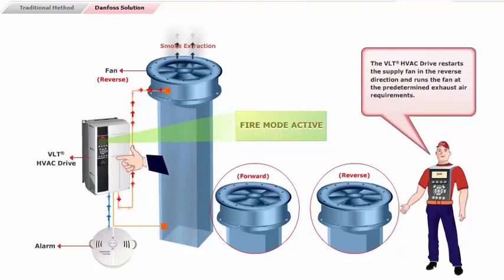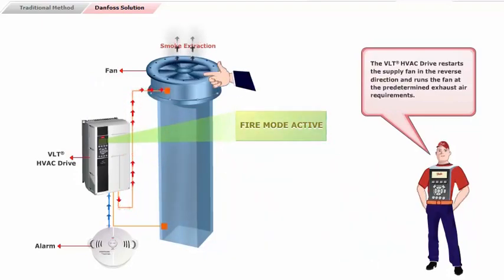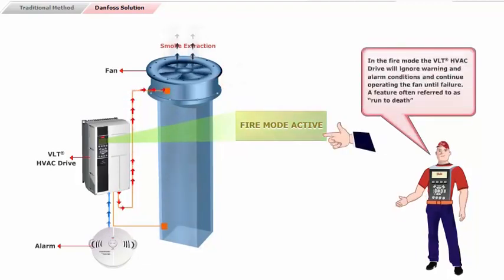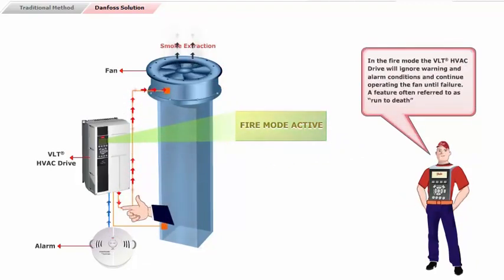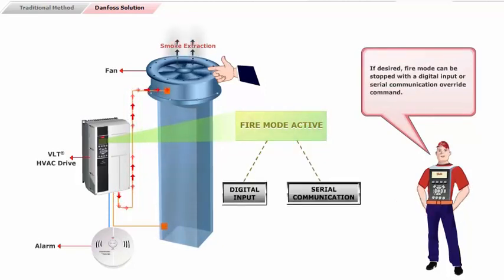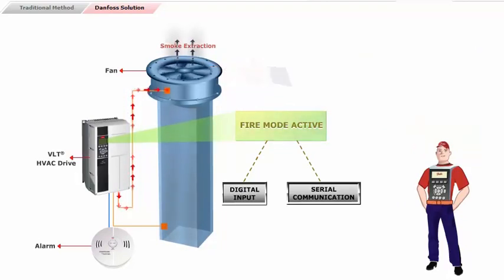The VLT HVAC drive restarts the supply fan in the reverse direction and runs the fan at the predetermined exhaust air requirements. In the fire mode, the VLT HVAC drive will ignore warning and alarm conditions and continue operating the fan until failure, a feature often referred to as run to death. If desired, fire mode can be stopped with a digital input or serial communication override command